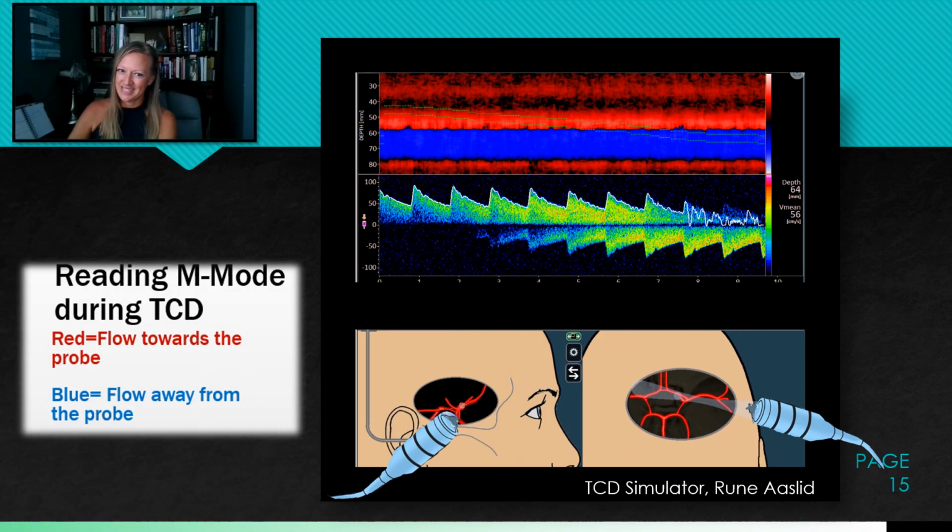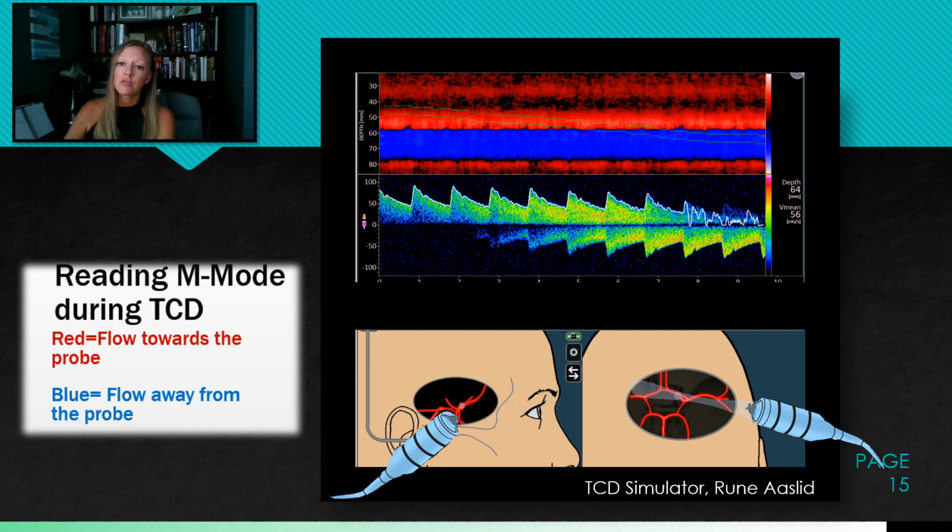Reading M mode during TCD. This image can help explain what your spectral waveform will look like as you change your depth when scanning TCD. This green line along the M mode will show you the depth that we are insonating below. So we are starting on the left at about 40 millimeters, and we are taking this sample volume and we are increasing our depth to 50 and to 60, and about 60 or so is when we are meeting the